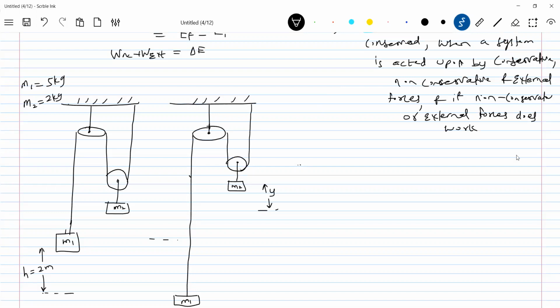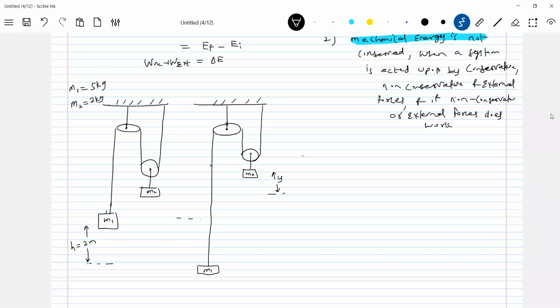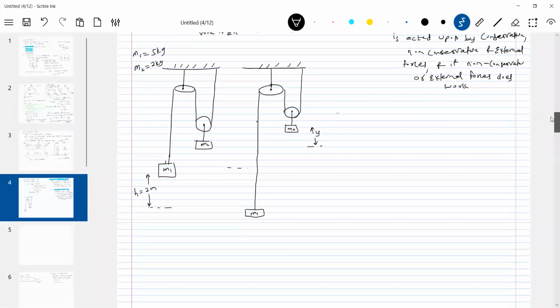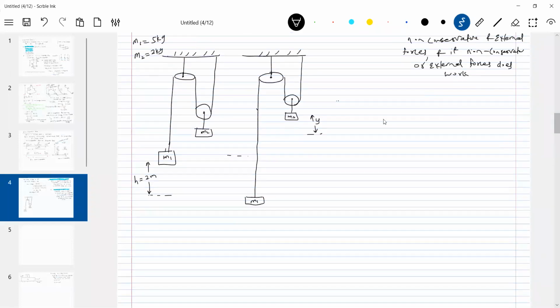So you will have two methods in front of you. One, you can take help of the laws of motion. I'll ask you what is the speed of the blocks when block M1